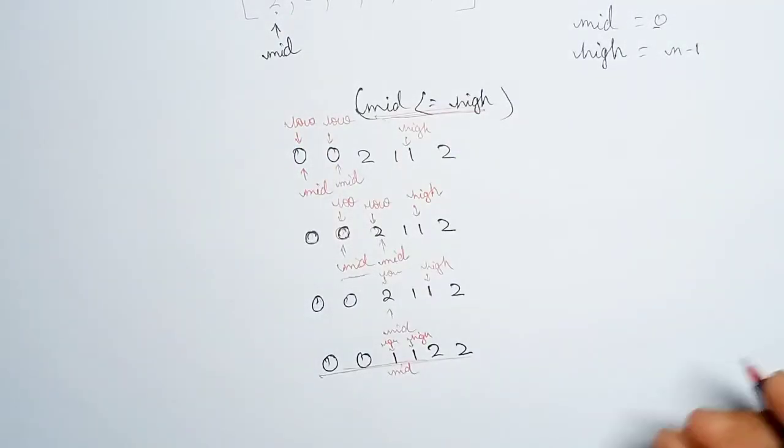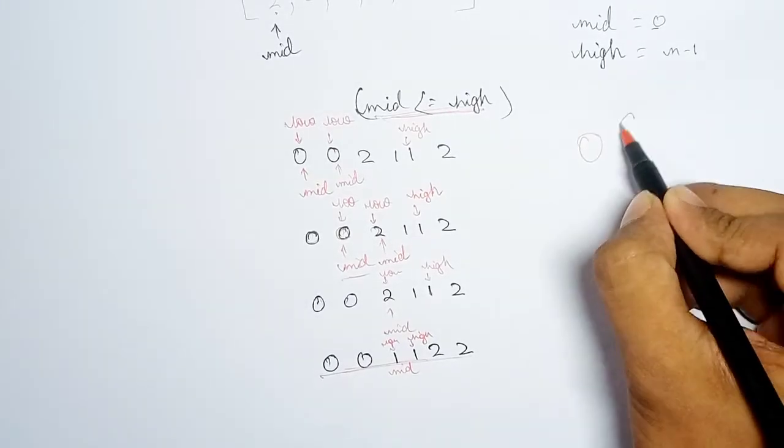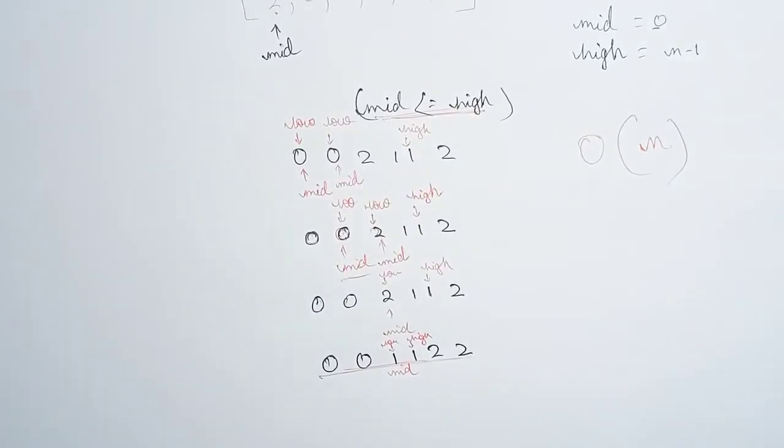Since we are traversing the whole array only once, the time complexity will be O(n). We are not using any extra space, so the space complexity is constant. We are doing it in place. So that's how you approach this question and solve it using the